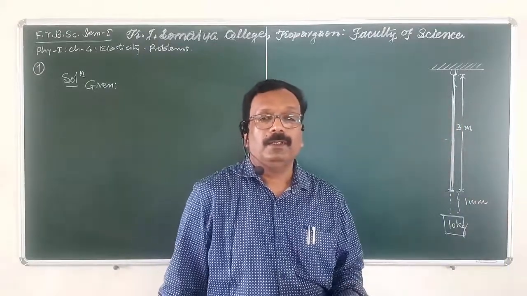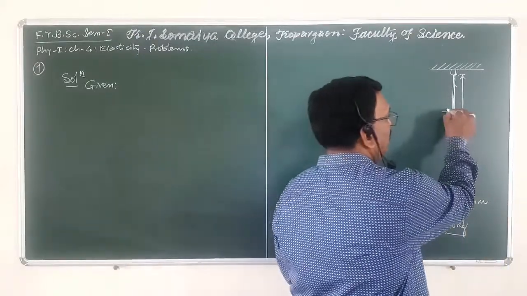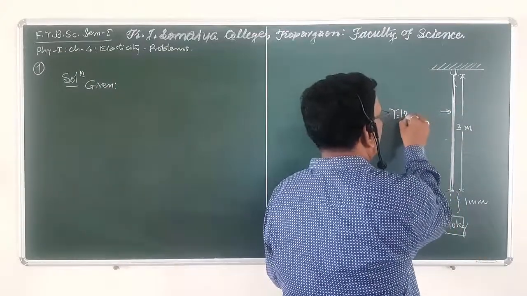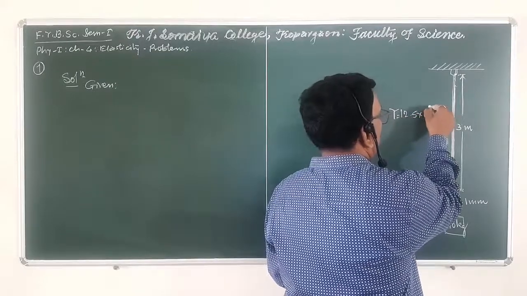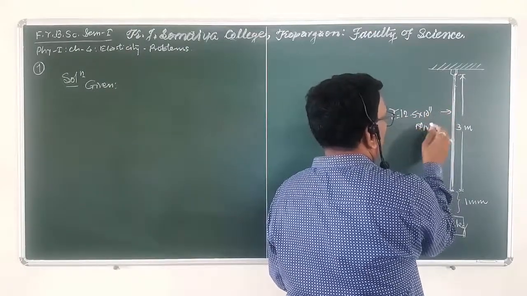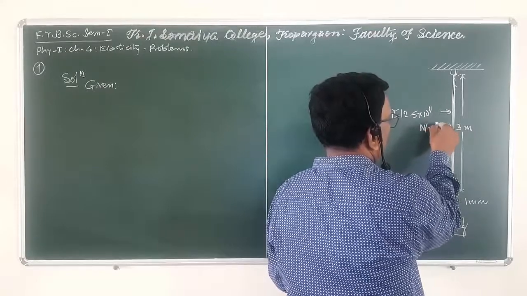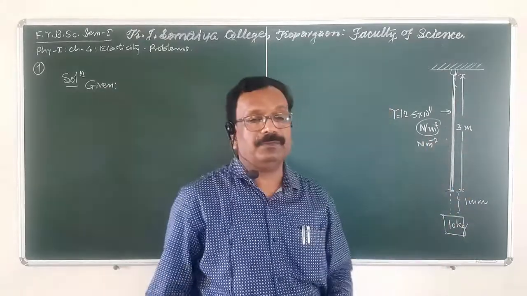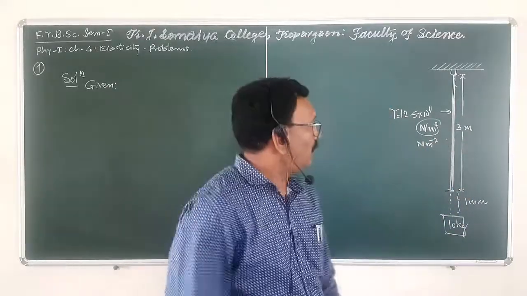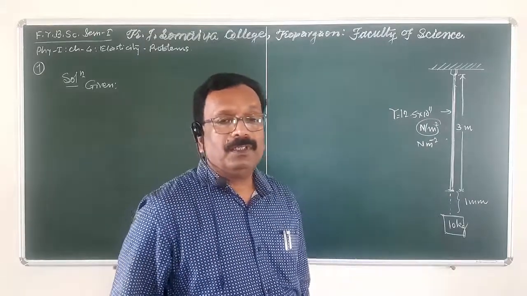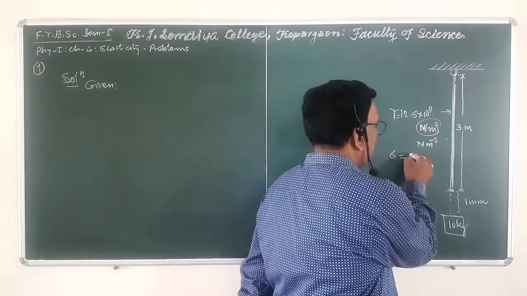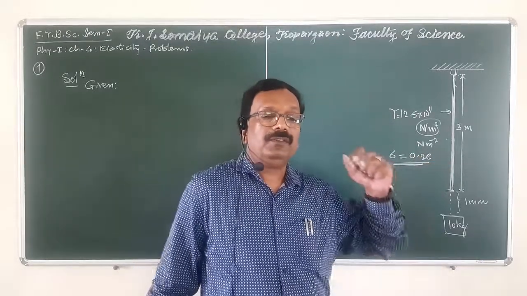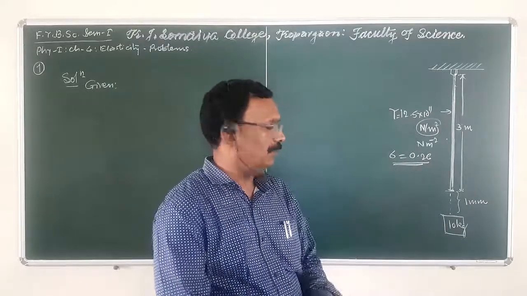Okay. If Young's modulus of this wire is given like this, Young's modulus of the wire is nothing but 12.5 into 10 raised to 11 Newton per meter square, or Newton meter to the minus 2. These both are same. Now, at the same time, Poisson's ratio of the material is also given, that is 0.26. Okay, now here we have to calculate the lateral strain.